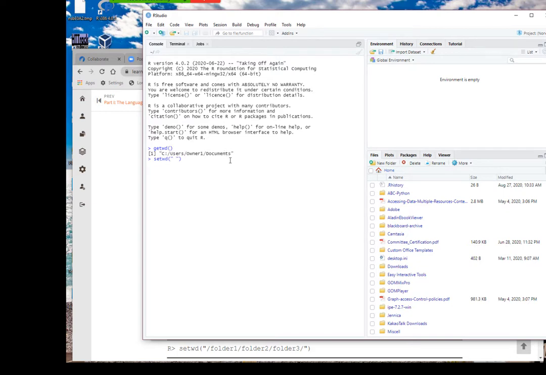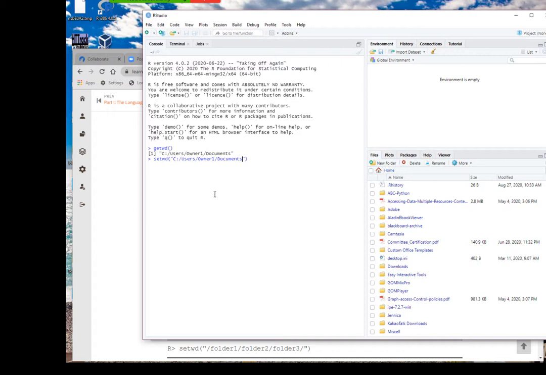I always make a mistake with the slash. Is it called backward or forward slash? Anyway, this is the slash used in R. I'm going to copy the path to avoid a typo, and then paste it. By the way, could you please mute your microphone, unless you need to speak up?